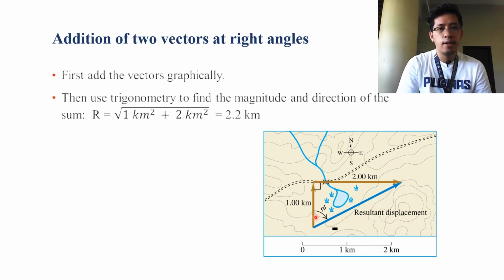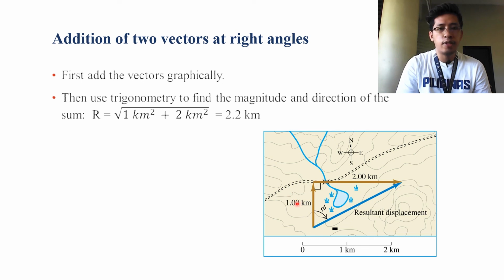As you can see, if you draw the vectors graphically, you're forming a right angle between the two vectors. Your resultant displacement is just this one here,